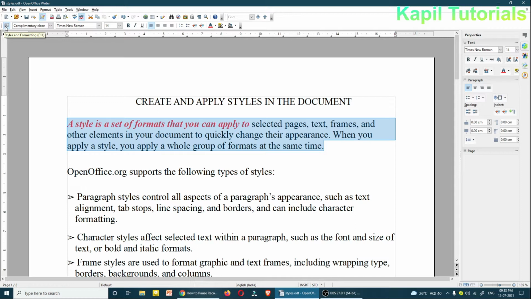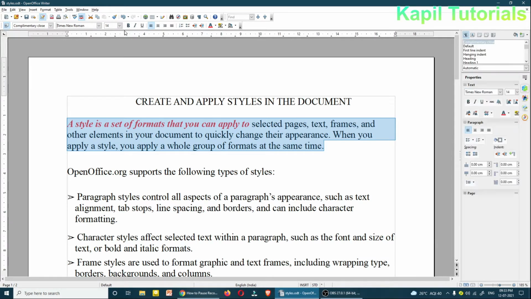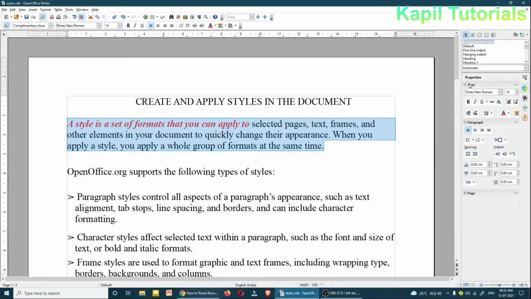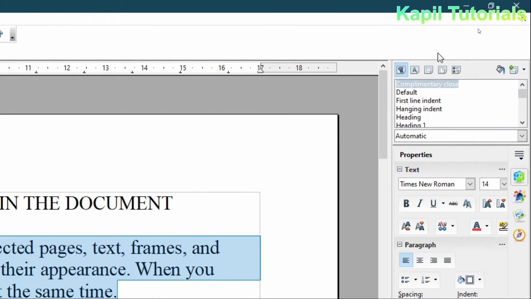This is the properties, and if I click on Styles and Formatting, here you can see the options of styles. Different styles are available. You can see paragraph styles, character styles, frame styles, page styles, and list styles.